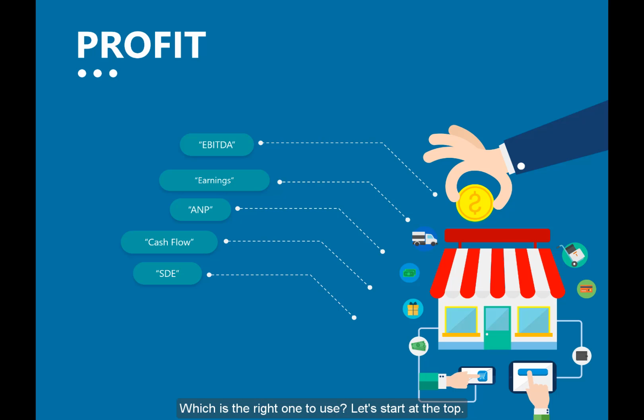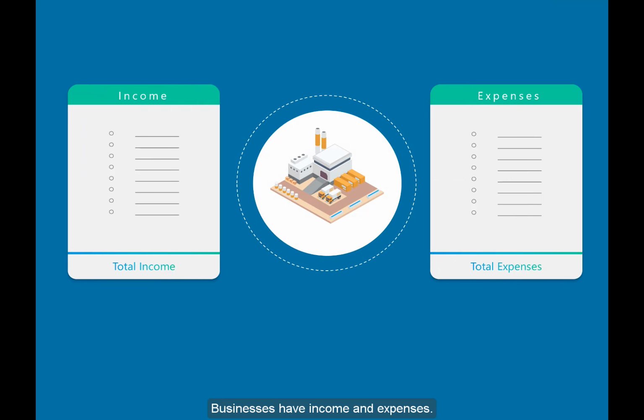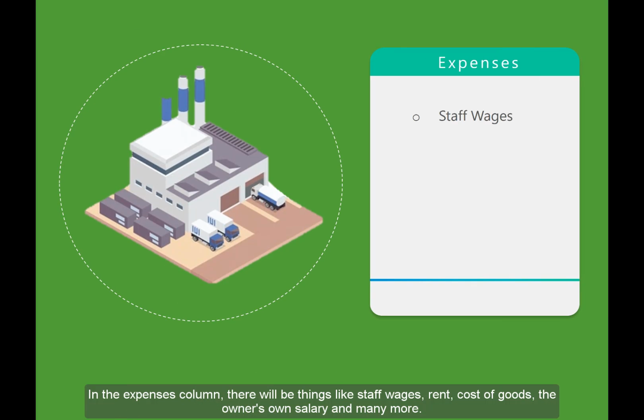Which is the right one to use? Let's start at the top. Businesses have income and expenses. At the end of the year, accountants add up all of the income and all of the expenses. In the expenses column, there will be things like staff wages, rent, the cost of goods, the owner's own salary,